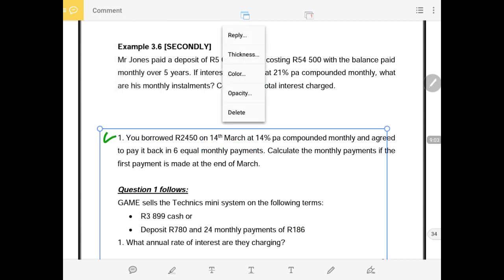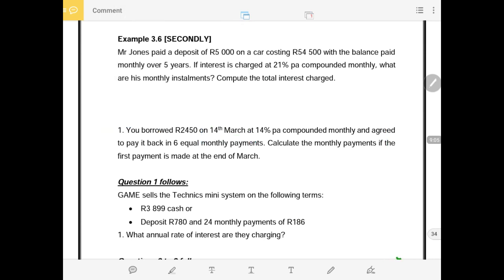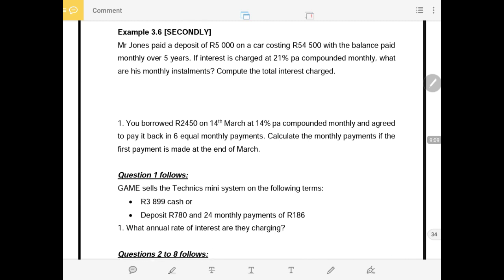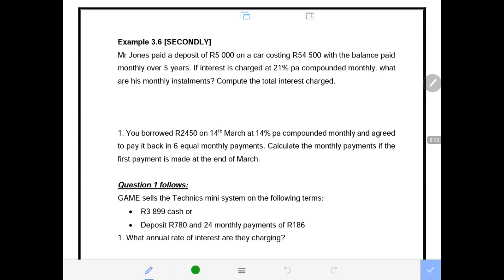So now let us continue to question 1. And question 1 is a very easy question. We are required to calculate the annual rate of interest that they are charging. We already know what is required. What are they telling us? They say Game